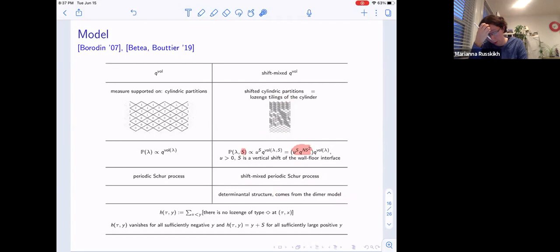So as I mentioned, Dan and Jeremy also studied this model, and so they gave an alternative